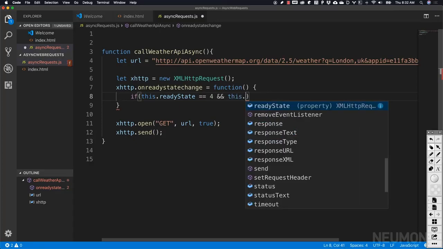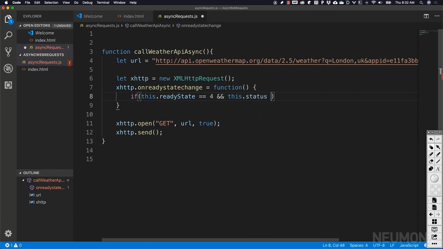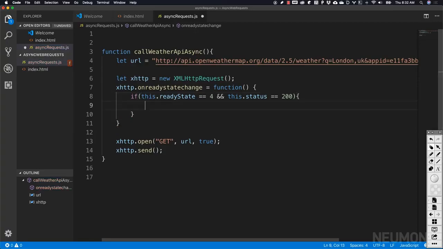And then we want to check to make sure that the status we got back from the web server is a 200, which means that we got back everything from the web server and it was successful. In other words, there were no errors at the OpenWeatherMap API. Everything worked just fine. Now the reason why I put this in an if statement and the reason why we're checking the ready state and we're checking the status that came back is because if for some reason anything failed,